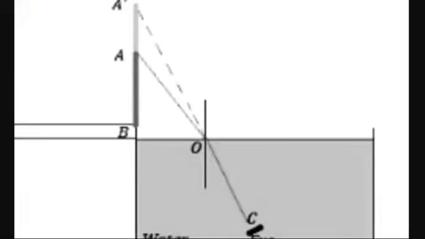This is due to the light rays bending towards the normal when light travels from rarer medium to denser medium. Here the rarer medium is air, the denser medium is water. That's why light rays bend towards the normal, and that's why your friend appears to be taller. And I am going to the next one.